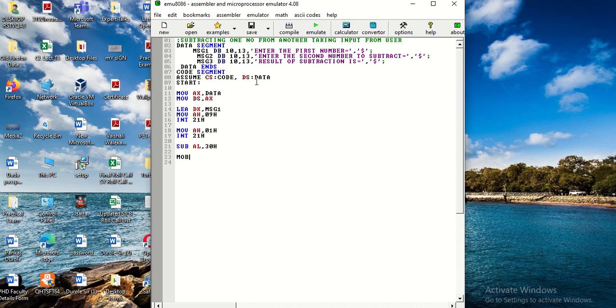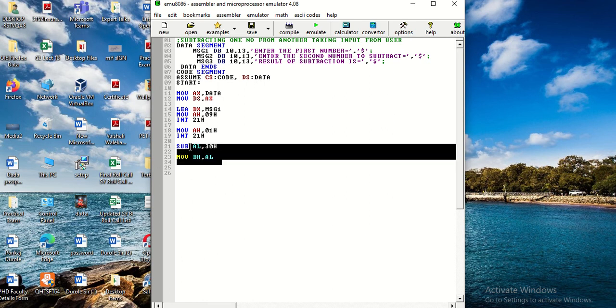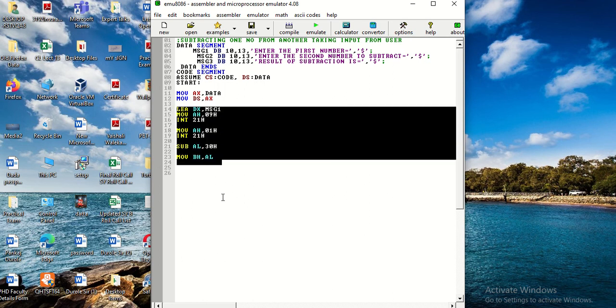And now I am moving that number into another register. Now this particular process I am repeating for message number 2.